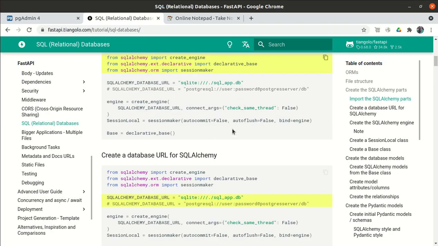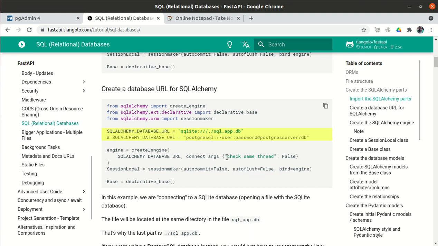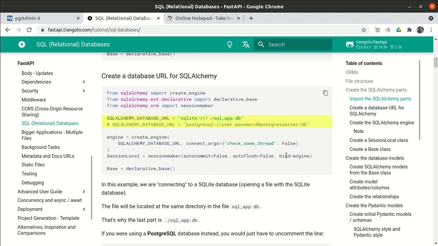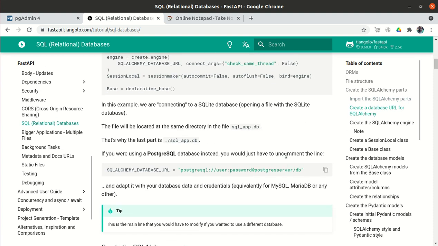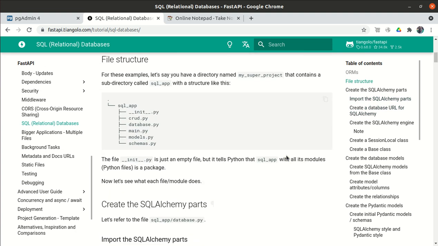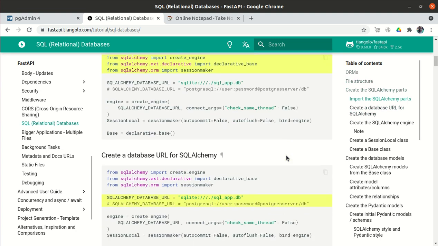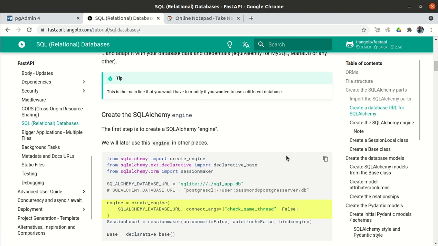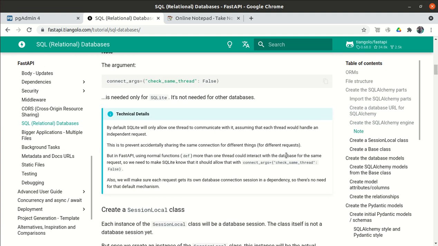If you check here, they have mentioned the SQLite file name and then this argument, and somewhere they have explained why we need this. Yes, they have said that it is only needed for the SQLite database, not for other databases.